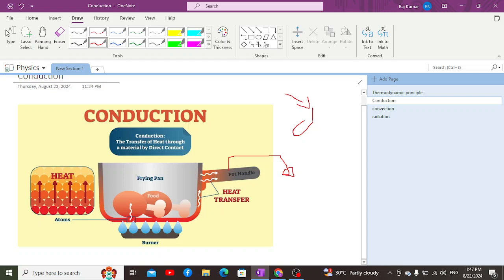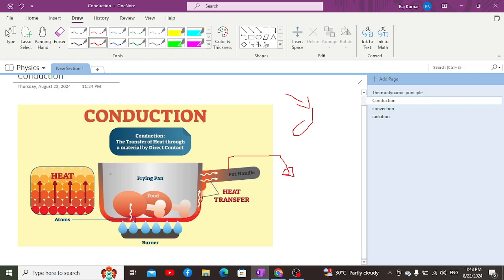Only the transfer of heat occurs, from a level of higher temperature to lower temperature, from the higher energy state to the lower energy state. As you may see, the energy is being transferred from one molecule to another molecule, but the molecules themselves are not moving anywhere. They are just vibrating around their position back and forth. It's only the transfer of energy in the form of heat which occurs from one molecule to another, which causes the other part of the handle of the frying pan